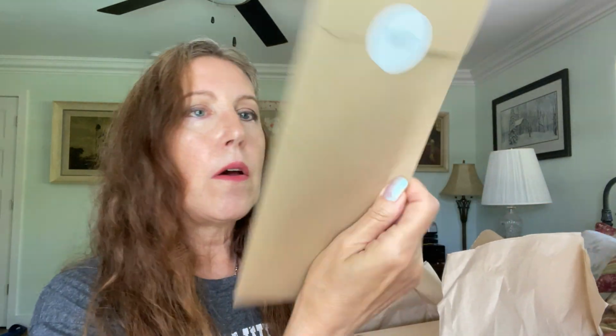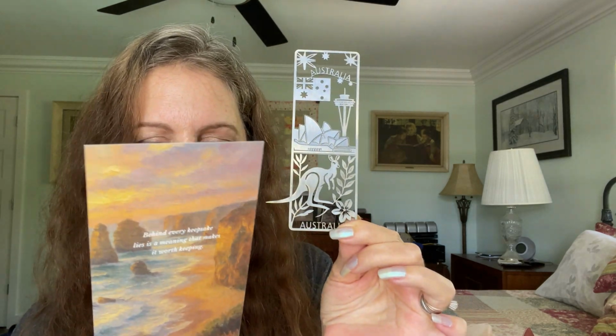And you get this thing. It's called the Wanderlust inspired bookmark and souvenir. It's just like a little note. It's a really pretty bookmark, and it talks about some of the items that are in here, because we are going to receive a very lovely metal, I think it's metal, bookmark from Australia. Let me see if it's metal or pewter. Yeah, it's an elegant metal bookmark, features the kangaroo, which is Australia's